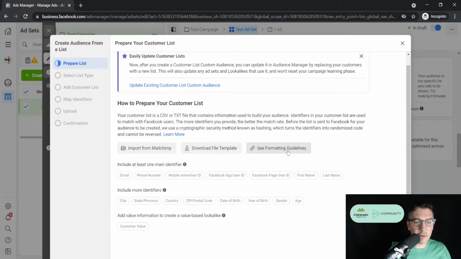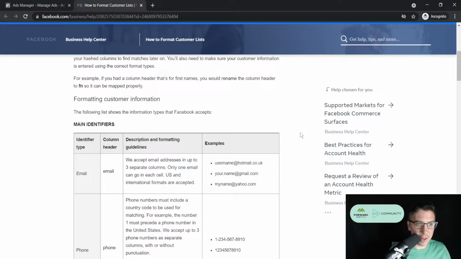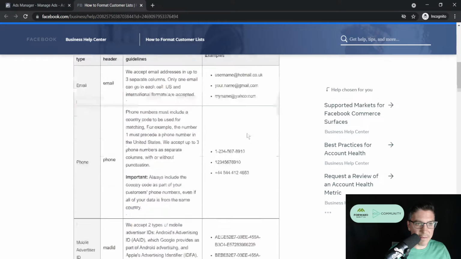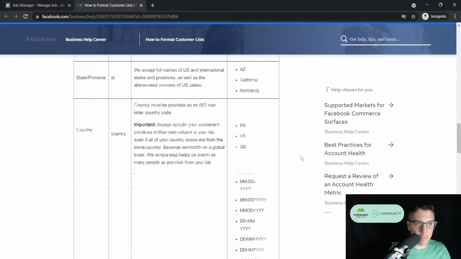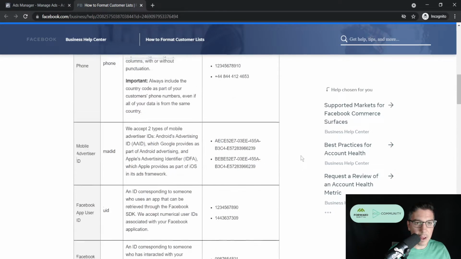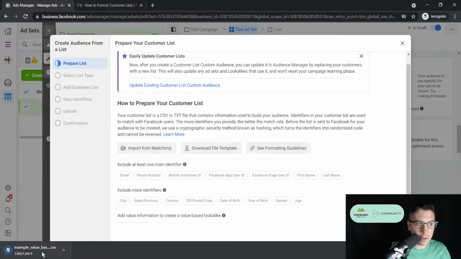If you want to understand what it should look like, you can see the formatting guidelines, okay? So you can open up the formatting guidelines. This will show you what the list should look like, okay? Main identifiers and things like that. So if this list you have is kind of sloppy, I would go through first and clean it up. There's no reason to run this list if it's not cleaned up. And Facebook also, which is very cool, offers a file template. You can download that template